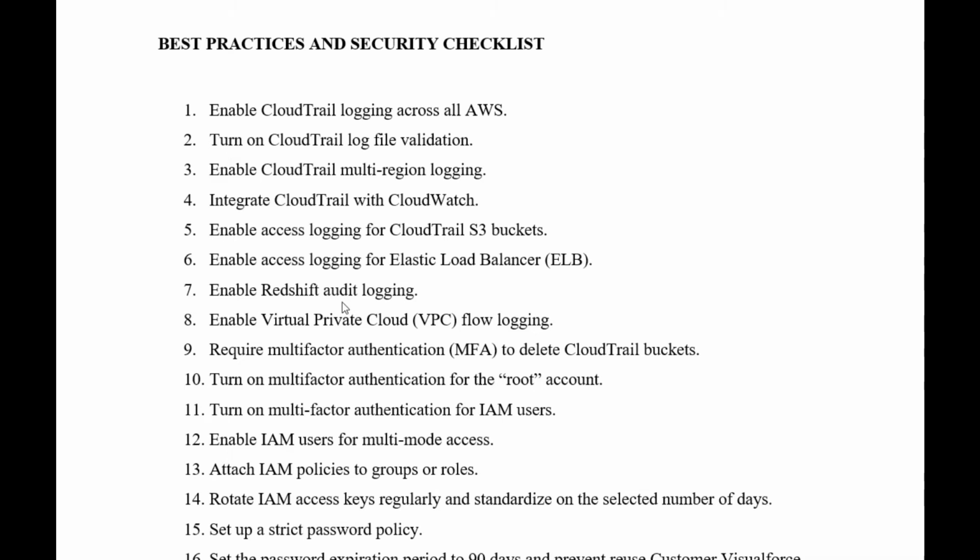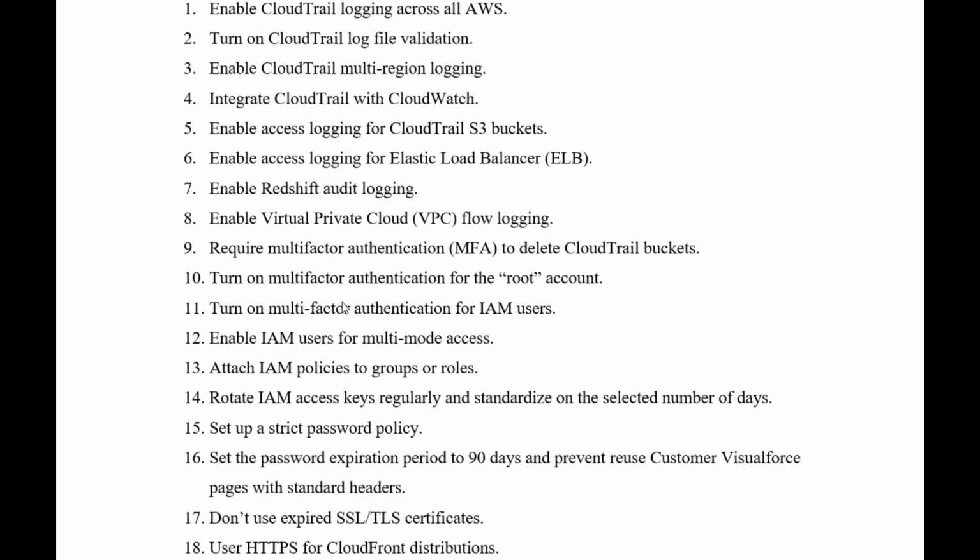And the 15th one, set up a strict password policy. A strict password policy is a way we can implement security password hardening. Whenever a user wants to create a new password or the first password, we should have a password policy. As an example, we can define minimum characters as 8 or maybe 16. We can require uppercase, lowercase, and symbolic characters to be included in the password. So we can define a strict password policy for users, which is another best practice in AWS we should follow.